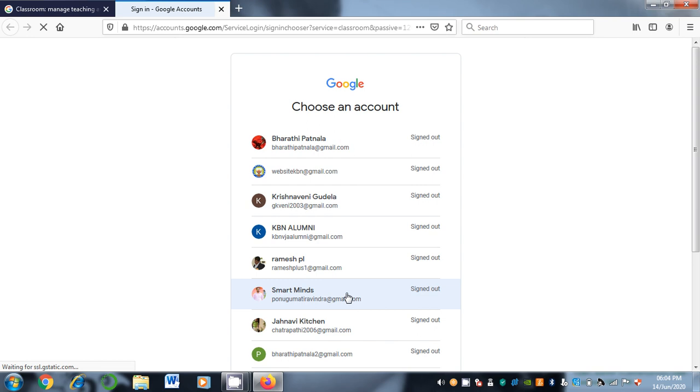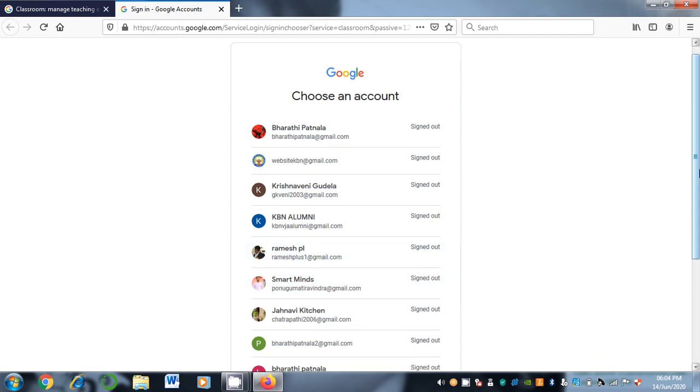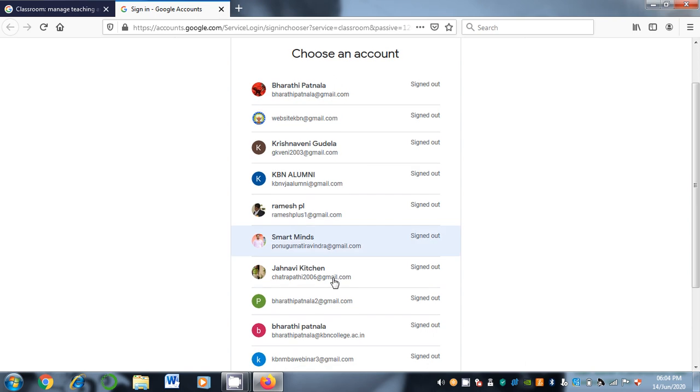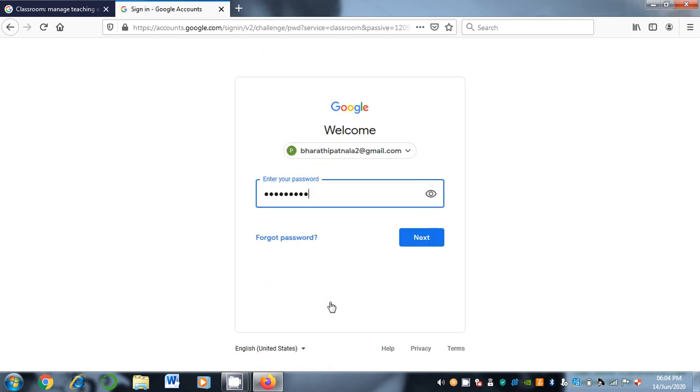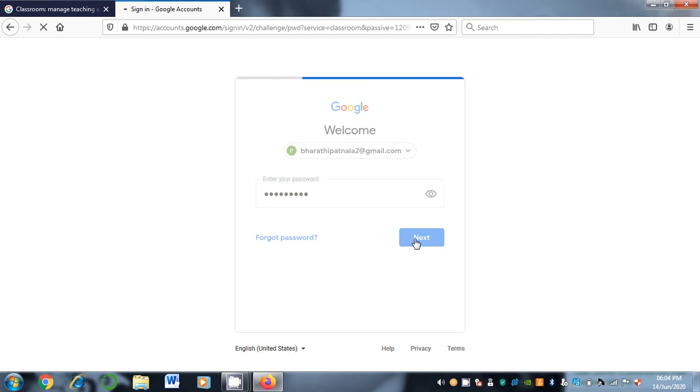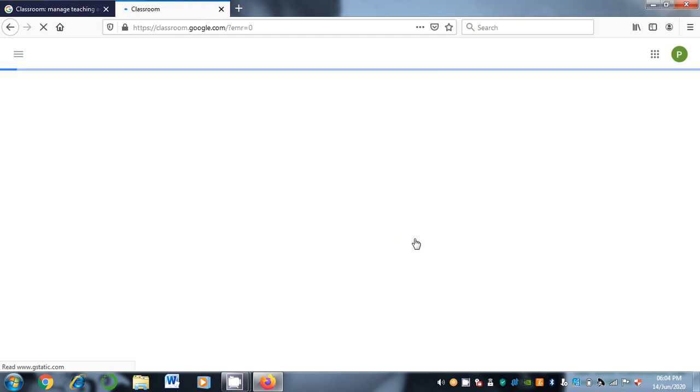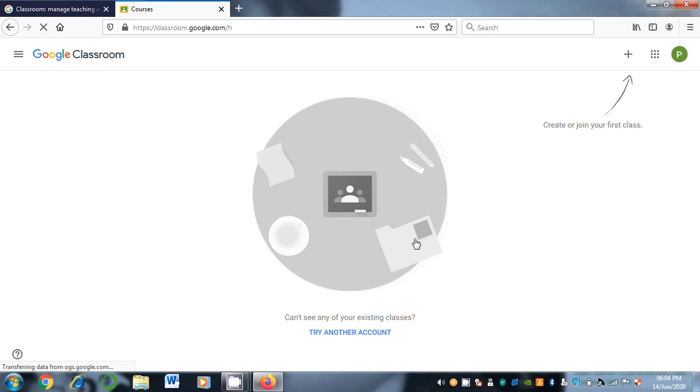To create a Google Classroom, you need a Gmail account. So go to your Gmail account and click on Next. Then a window appears, which is the home screen of Google Classroom.